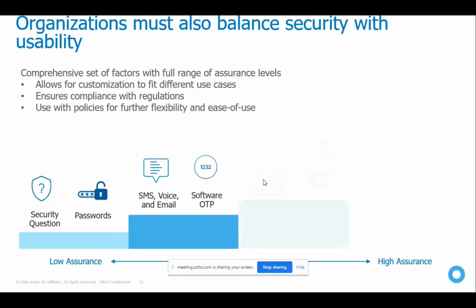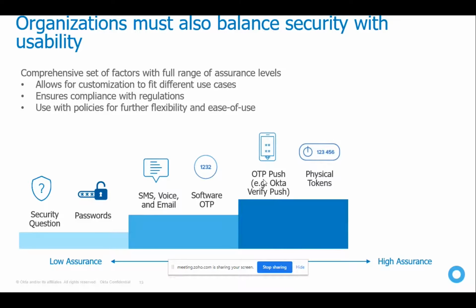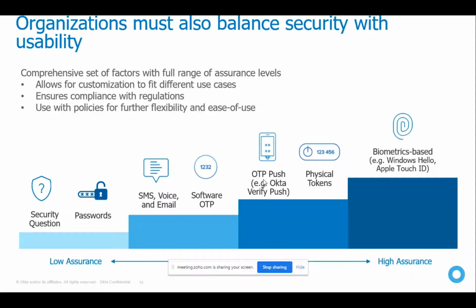As we move down to high level assurance, factors become inherently more secure. For example, tokens and OTP are crypto based, and biometrics are more phish proof. These give you the most assurance for the second factor of authentication. Now these factors may be more expensive in terms of the literal cost to deploy physical equipment, as well as more to ask of users. So organizations must balance the use of these factors between security and usability